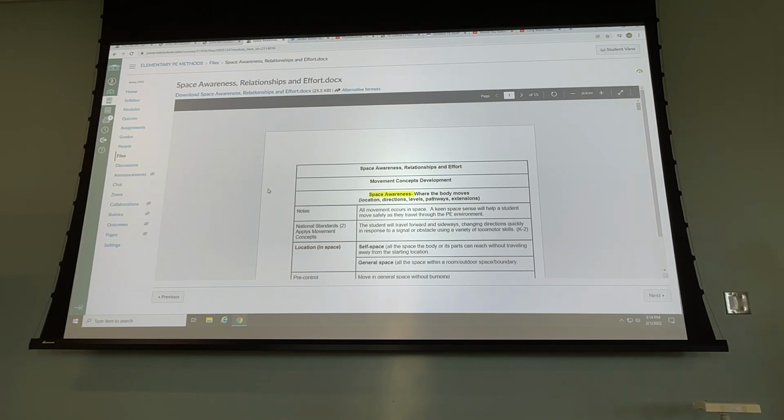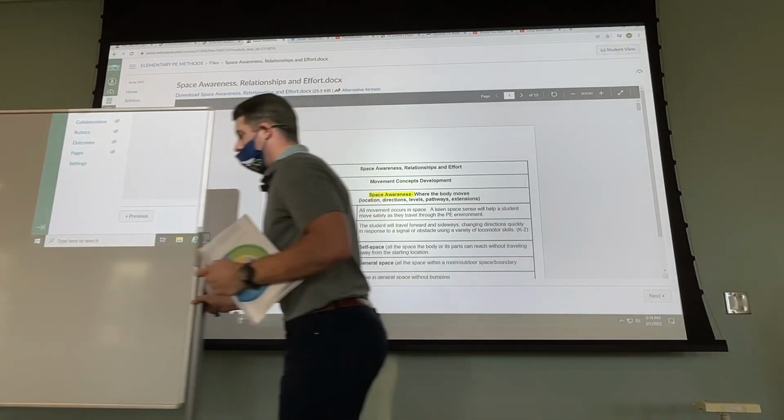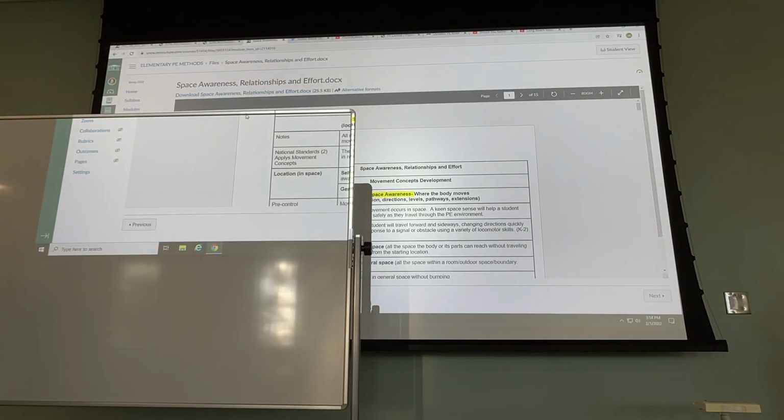I could assess my students. I could put their names here. I could put self-space, SP, and I could put a student's name, and I could put a 1 to 3 here. Okay, and I could say 3. 3 might mean what? They keep good space. They don't bump into anybody. Okay, 2 might be that they can't find that space, or maybe that they're running into people occasionally, and then maybe 1 would be that they can't find the self space, or all they do is bump into people.